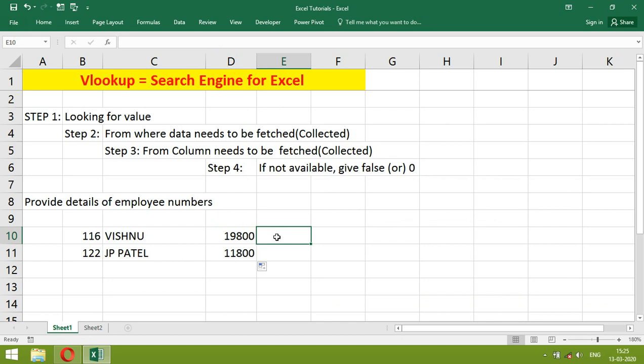Any pending from the administration side, just again we can do VLOOKUP.